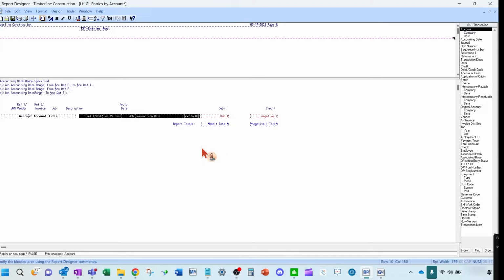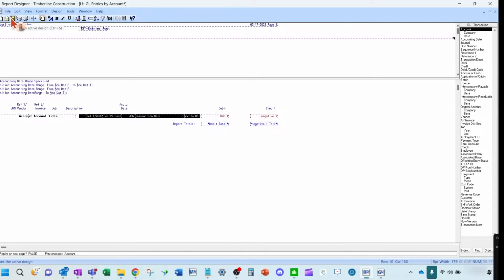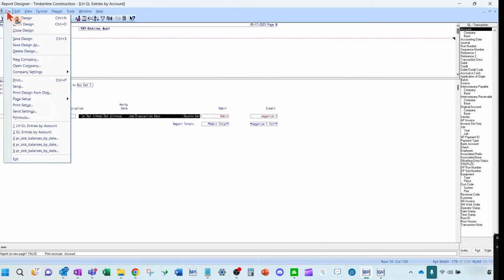And the other scenario now is because, again, I'm trying to make this simple and save space here. The other thing you want to do is check your line spacing. You'll see this line spacing. If I click it here, right now it's printing a double space for each account. Well, I'm going to do single because I want to just see each row for each account. So I'm going to go single spacing, and I'm going to click save. So now, if I run this report,